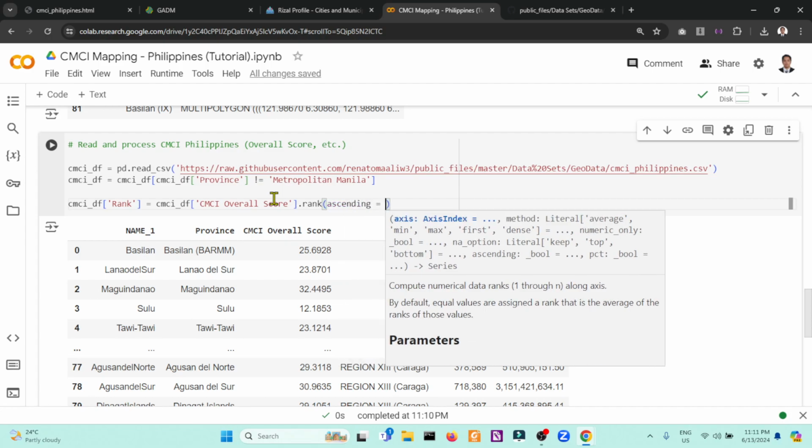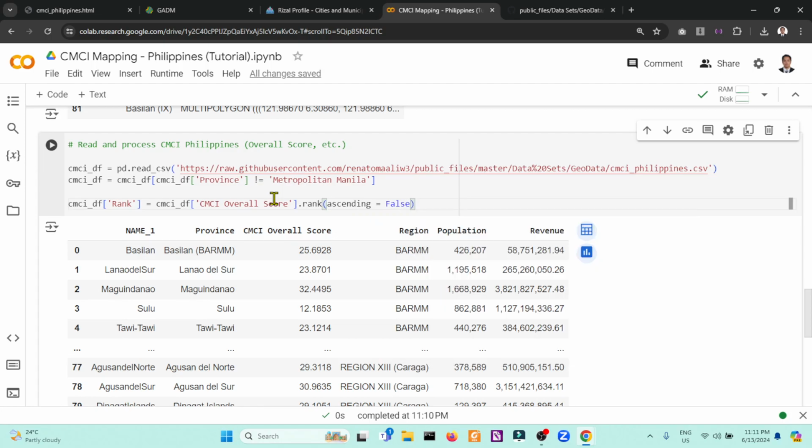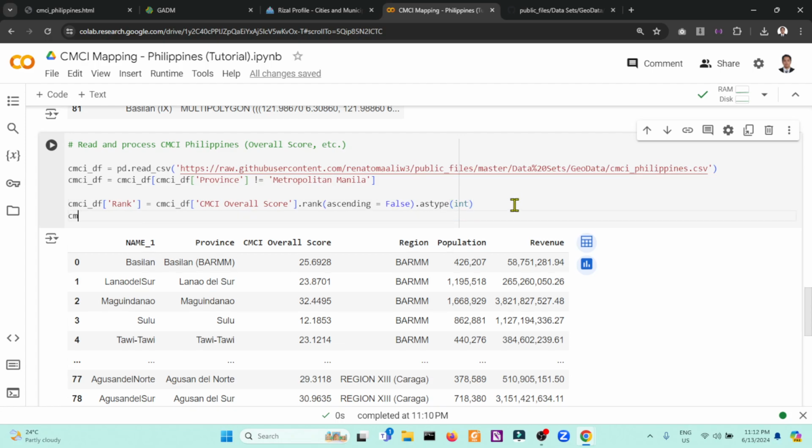Ascending equals false means that we will arrange this ranking in descending order, and with the data type specifically of integer, so we will have no floating point numbers or decimals.